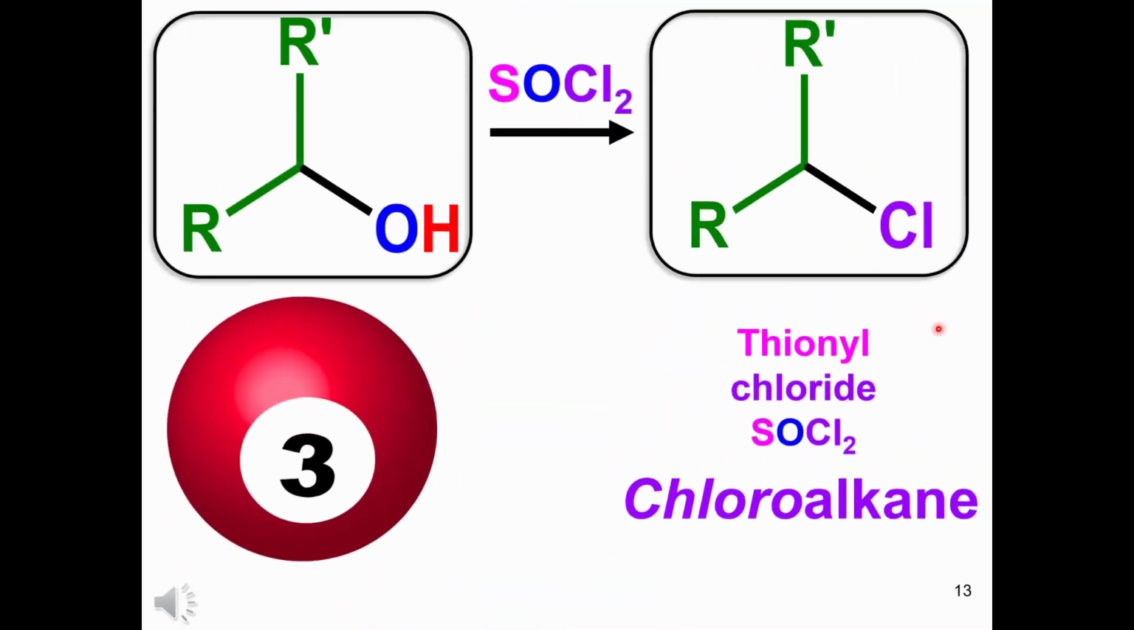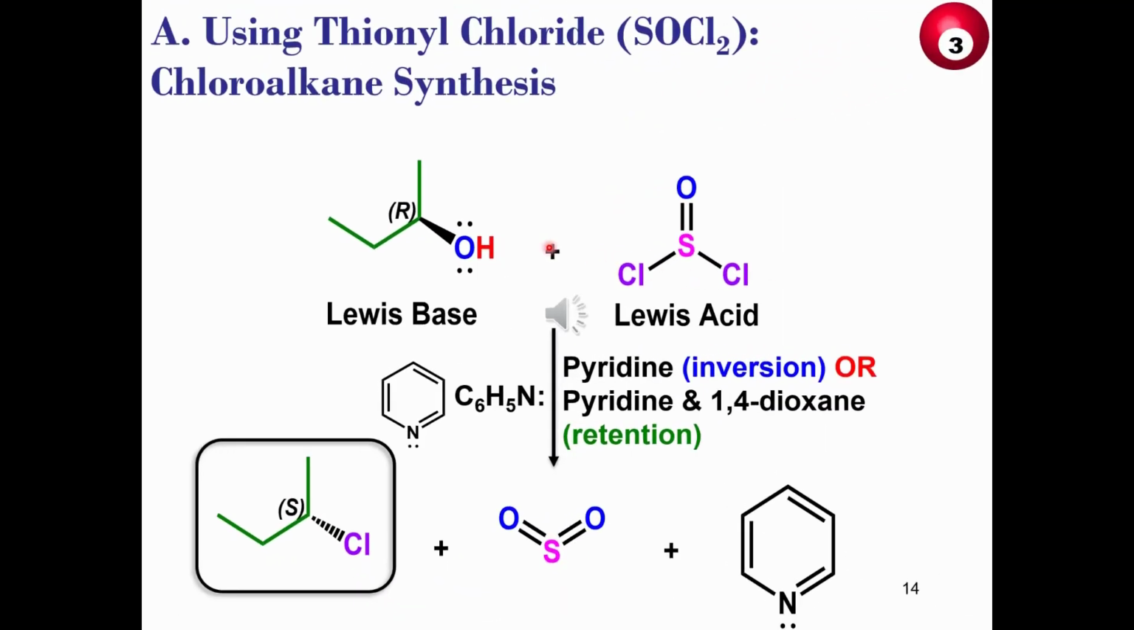The final route is now discussed, and this involves the use of thionyl chloride with primary and secondary alcohol substrates to yield chloroalkanes or alkyl chlorides. The mechanism of this reaction is not essential for this course. If the same substrate is used as in the previous reaction, there are 2 possible stereochemical outcomes that you should